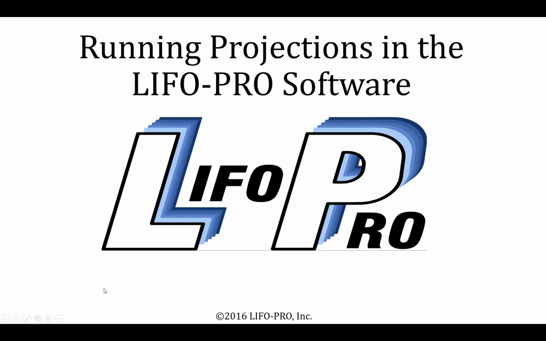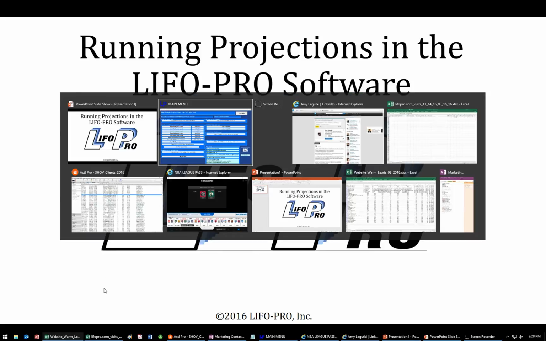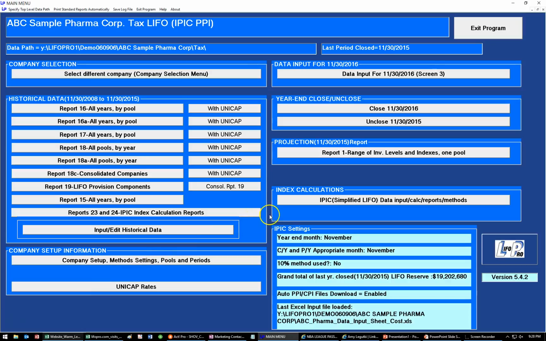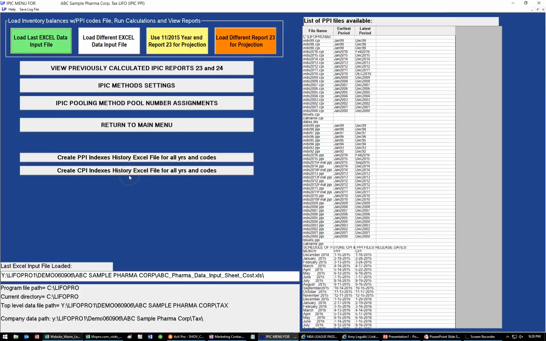Running projections in the LIFO-PRO software. Under the index calculations, click the IPIC Simplified LIFO Data Input Calc/Report/Methods button. What we're going to be doing is running a set of indexes for a sample company setup named ABC Sample